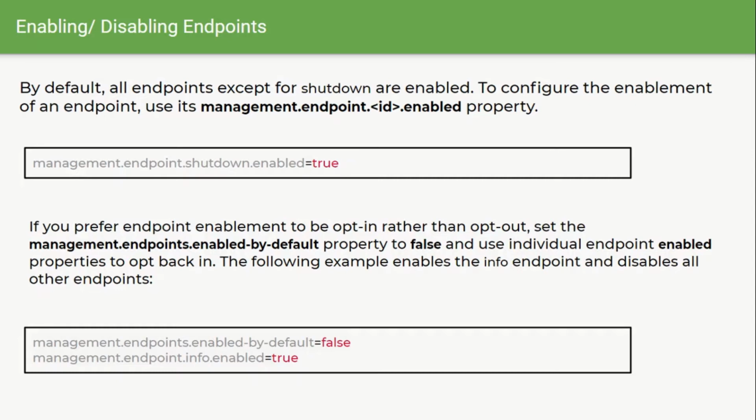Now if you are interested to take the control with you, you can make the choice using the property enabled by default as false. What will happen? Now all the endpoints by default will be false and you will not be getting any of the endpoints at the actuator. So we can make the selective choice by enabling the endpoints which we require. For example, I can just make the info enabled as true or health enabled as true. If I don't want all the endpoints, because my application doesn't need them, I can disable that.